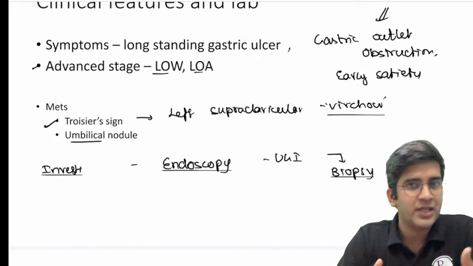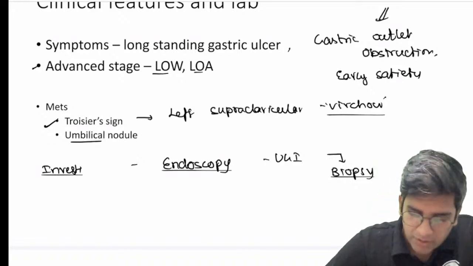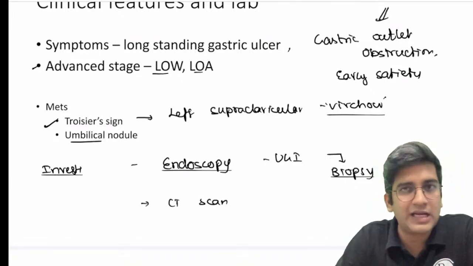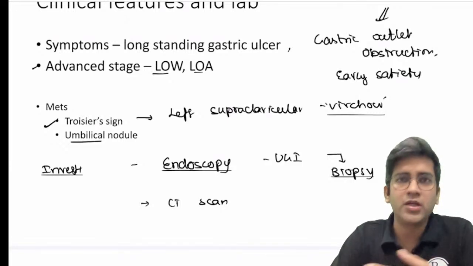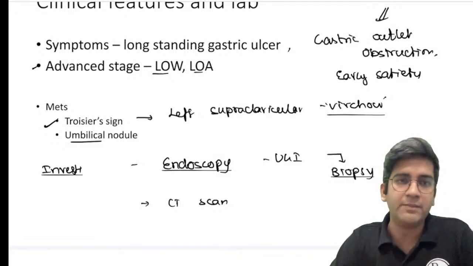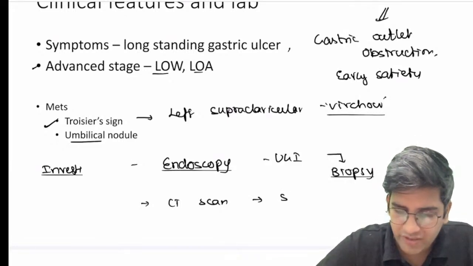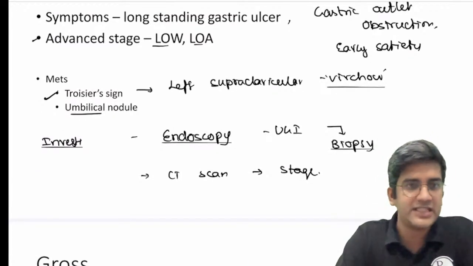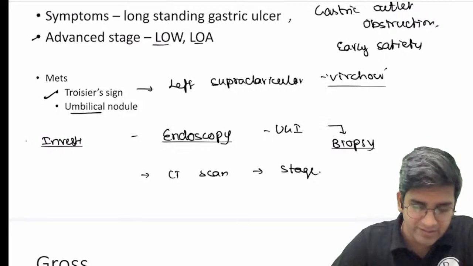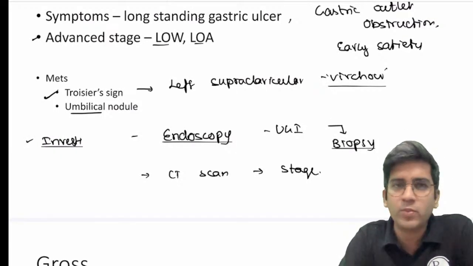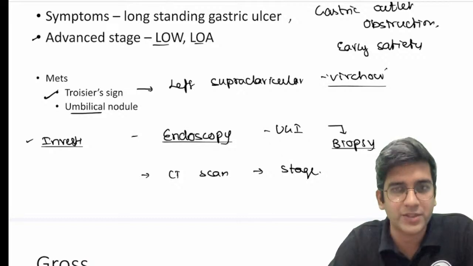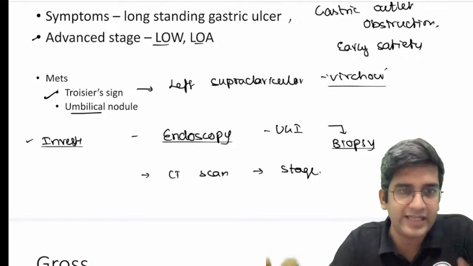That's more than enough. If you want to add a little more, take a CT scan or an endoscopic ultrasound for you to stage the tumor, to look at the celiac lymph node involvement. It might be required, especially to stage the tumor. Primarily it's not required, but to stage the tumor, it might be definitely required. These are the investigations one will do. This is just for the extra marks, not required, but I'm sure you must have had a good idea of how to evaluate a patient, right? So like that, you can definitely add about it, right?